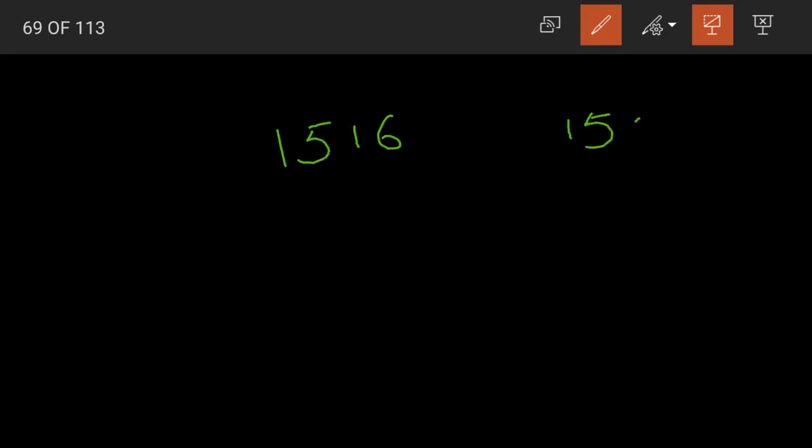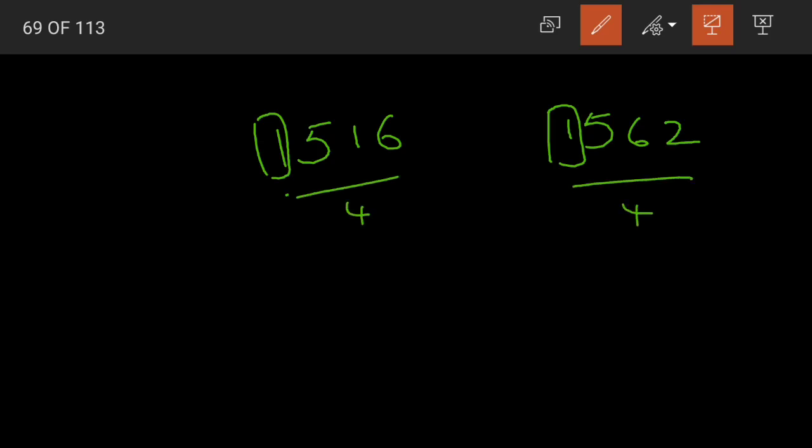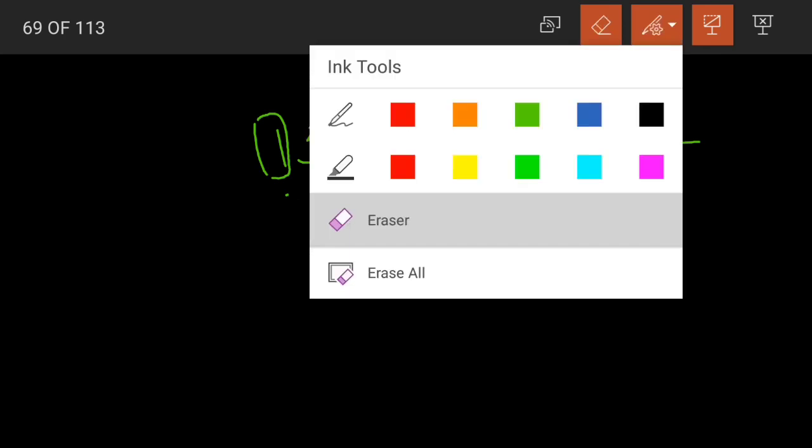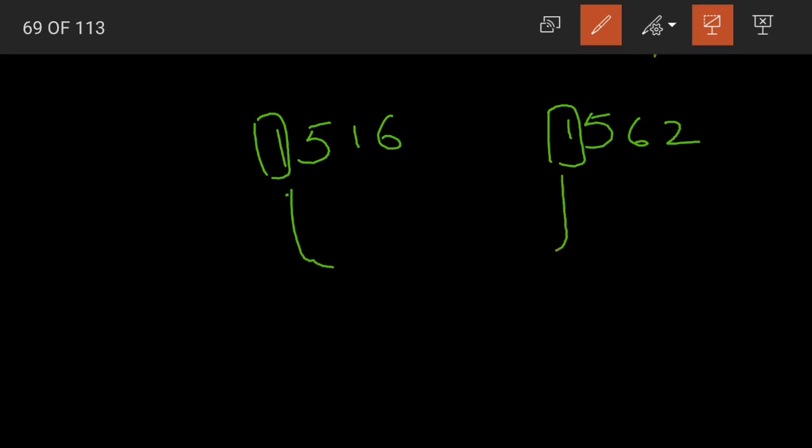Say suppose I have two numbers, 1516 and 1562. How will you compare? First you will compare from the highest digit, that is, first you will check whether the total number of digits are the same or not. See, this is a 4-digit number and this is also a 4-digit number. So now you will compare the highest place value, that is the thousands place. Now both are the same. So what will you do? You will go to the next place. We have 5 and it also has 5. Again both the numbers are the same.